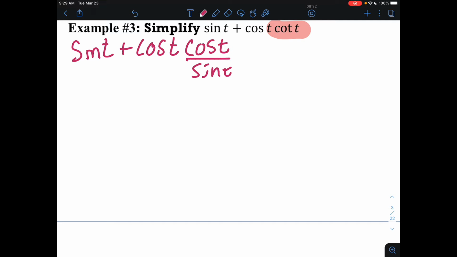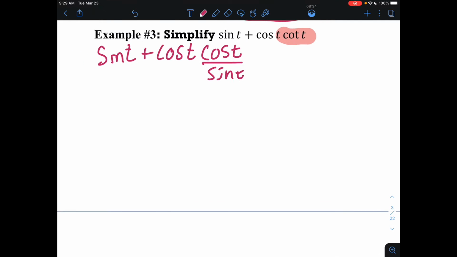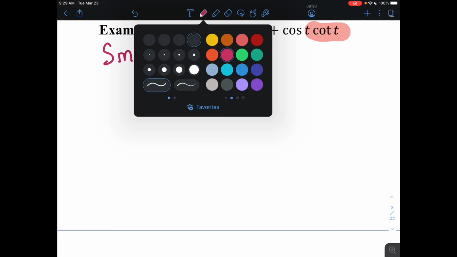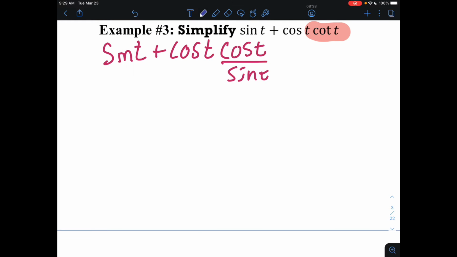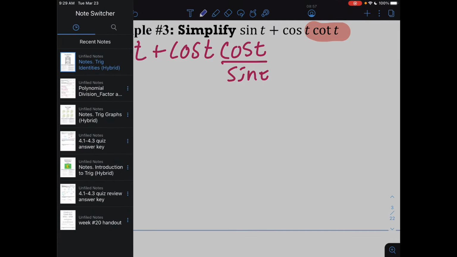Okay, so at this point, I'm kind of stuck because I've changed everything into cosines and sines. I have multiple terms. Generally, when we have multiple terms, we want to try to condense this down so that it is a singular term, so we need to somehow be able to add these together. To add these together, we do need to get a common